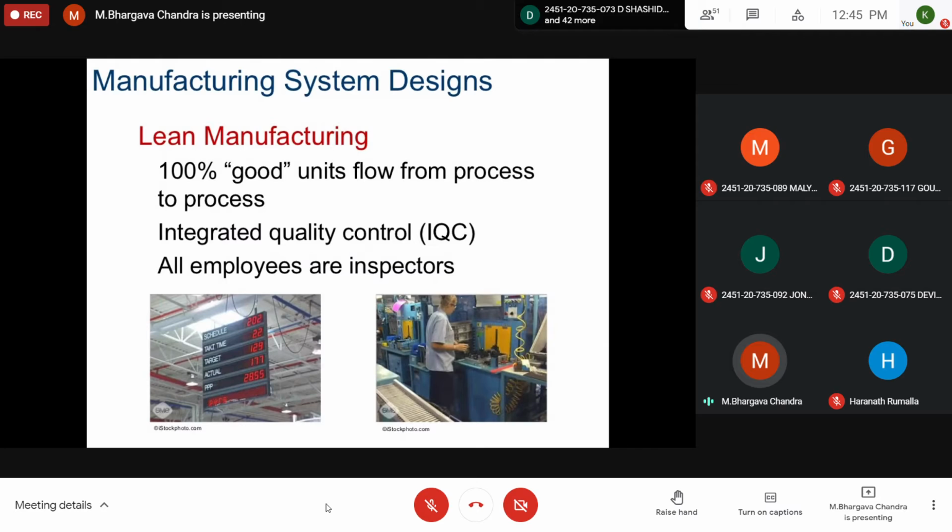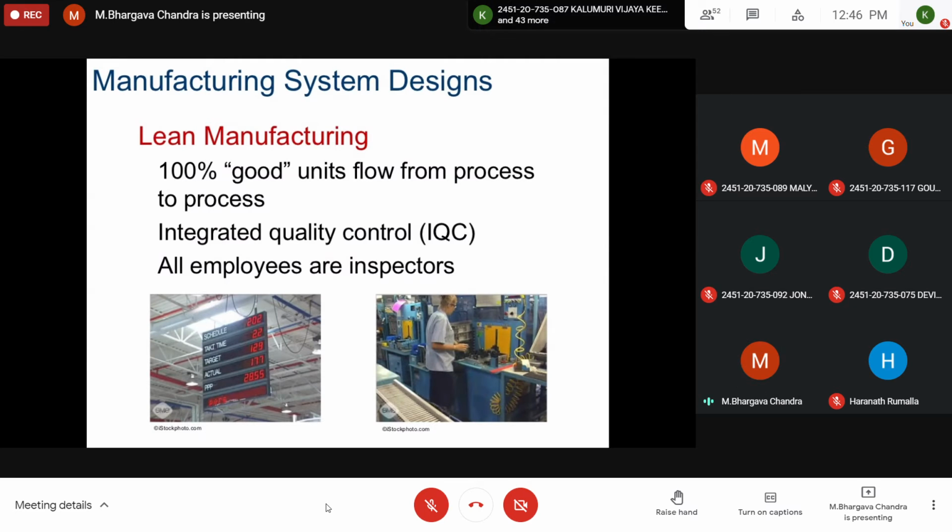It will not be checked at the finished product level, but it will be checked at the end of each process on each machine. Once it is guaranteed that it is 100% fit, then it will be passed to the next process. Again, there also, if it is 100% fit, then it will be passed to the next process. So in this particular fashion of manufacturing, naturally it will take time. That's what is called a lean manufacturing process, because here the quality is important. Maybe one production center has to be stopped till the component satisfies the 100% quality from the previous production center. As such, it is called a lean manufacturing process.